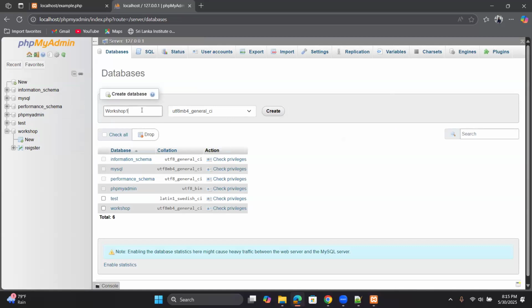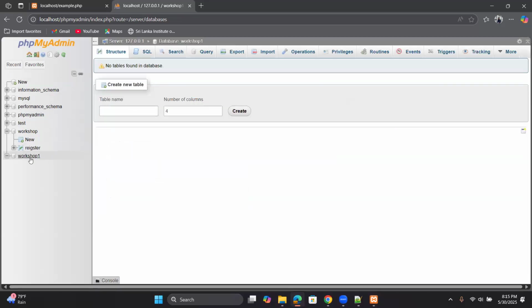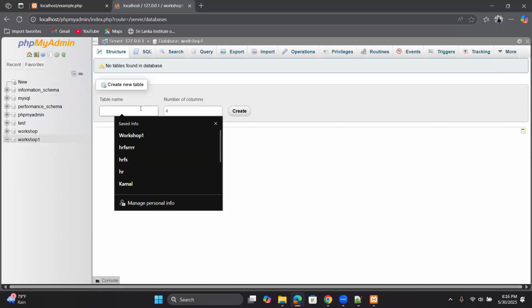And once you give a name for the database and click on create, the database is going to be created, right? Then under the database, you can create several tables. So you will be redirected to a page where you can create a table. Here, if I need to create a table like user,